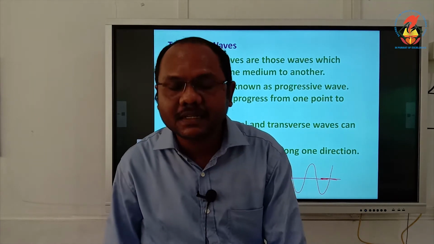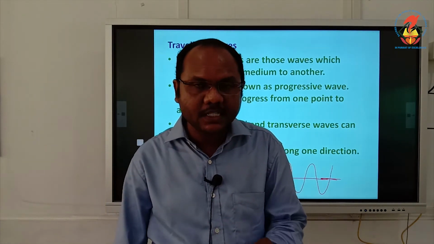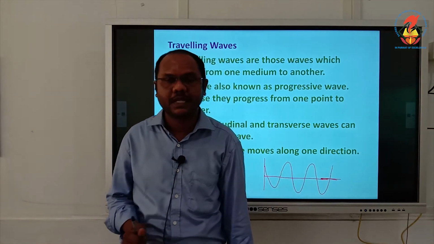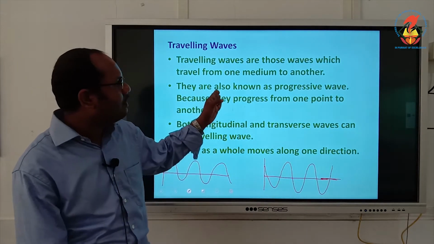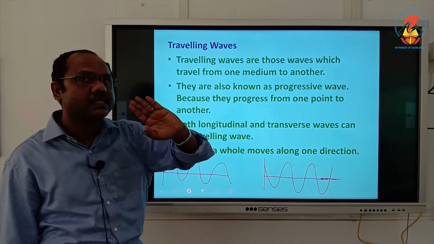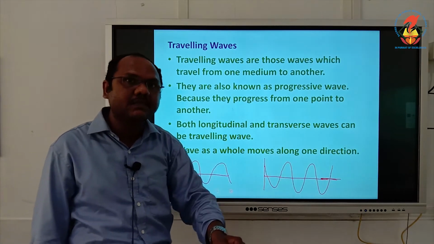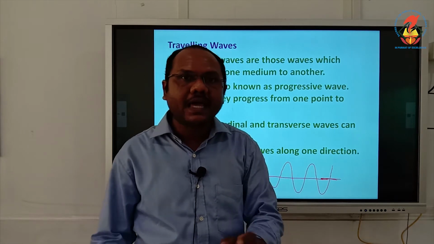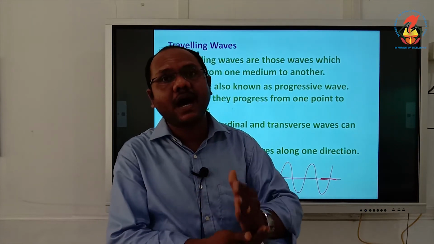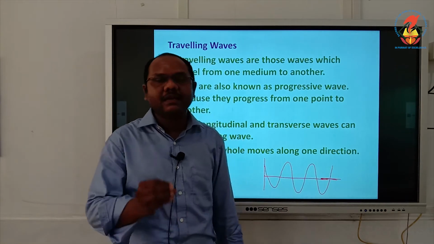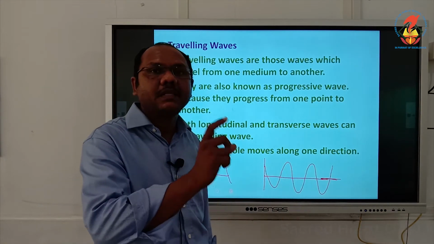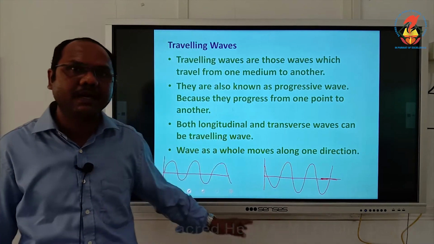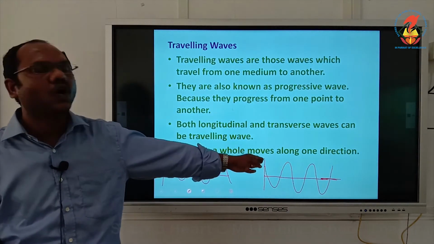So, what is the difference? What is the difference between progressive wave and progressive harmonic wave? Any wave which progresses forward from one point to another is called progressive wave. It can be a transverse wave, it can be a longitudinal wave also. But plane progressive wave or progressive harmonic wave means when the wave is propagating through a medium, the particles vibrate